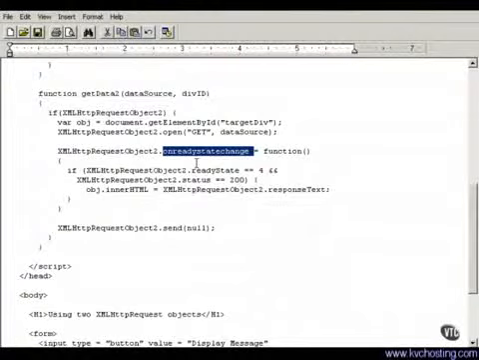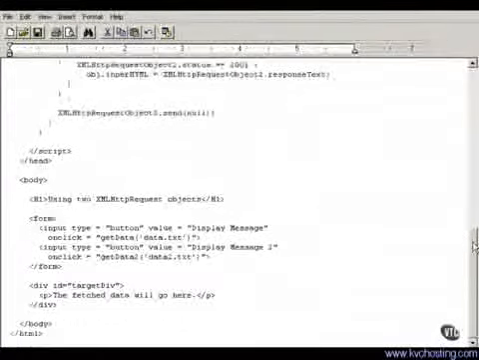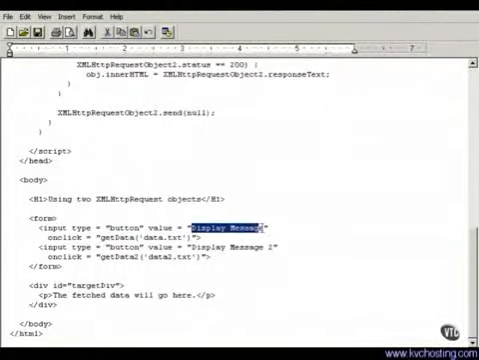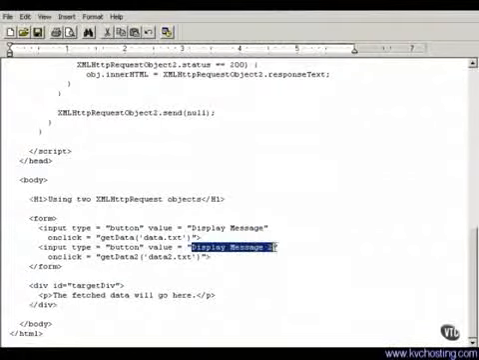So the way around this is to use different XML HTTP request objects. Here's how that works in this example. This is double.html, and it uses two different XML HTTP request objects. There are two buttons here, display message and display message 2. To make sure that the XML HTTP requests are sent off uniquely and asynchronously, so that when the data returns it's going to come back to the correct callback function,